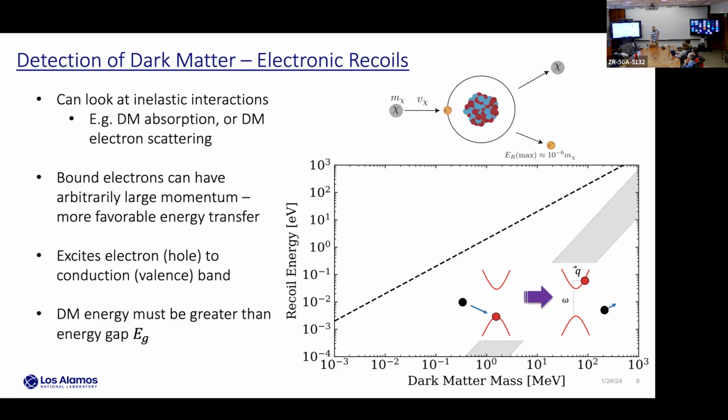And I guess that's how good we have to make our detectors. If we want to go lower, we still need to get down to this milli-eV eventually, which I'll talk about ways to do. But we get a lot more bang for our buck looking at this electronic channel than just the WIMP.